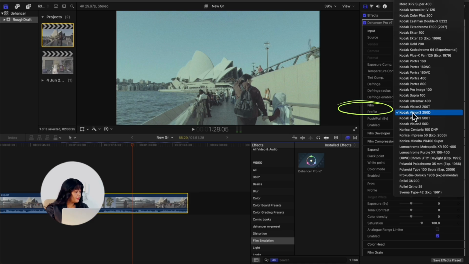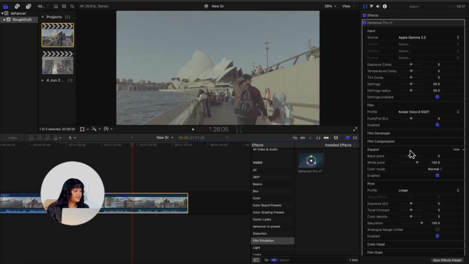Under the film profile drop-down, I selected Kodak Vision 3500T and set it to 2.0. It's one of my favorite looks. Soft, warm, nostalgic, perfect for emotional everyday storytelling. For the exposure, I set it to negative 0.42, temperature compensation to 40, tint compensation to 22, different 52, choosing